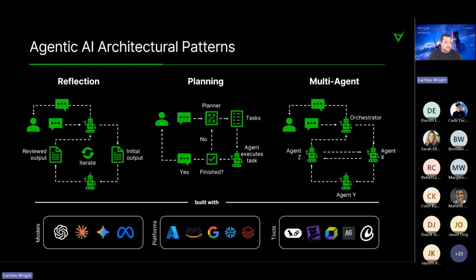Where you can start talking about combining those things, you could see if you took the reflection pattern and plugged that into where that agent is executing the task, you can pick the task up, have a few cracks, review its homework a bit, and then come back with a better outcome on each one.